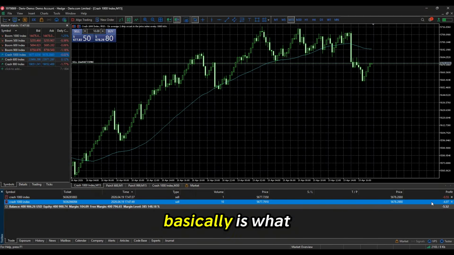A lot size basically is what is going to control your risk, or the equity that you're going to risk per trade. If you put a bigger lot size, it means you're going to get bigger profits, but as well, you're also going to witness bigger losses if that trade doesn't go your way. If you put a smaller lot size, it means you're going to witness smaller profits or smaller losses if that trade doesn't go your way.